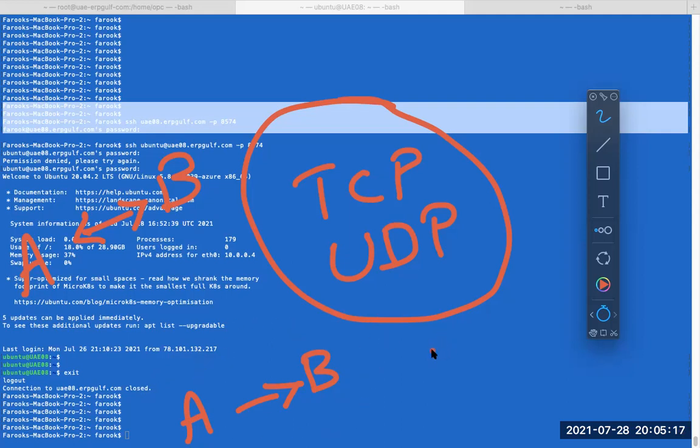For example, our DNS servers use UDP 53. So with UDP 53, your computer will send a packet over UDP to B. It will not acknowledge the packet, but it will send a reply later saying, okay, this is the answer for your DNS. I mean, that kind of communication. Here, each packet is being acknowledged. That's why